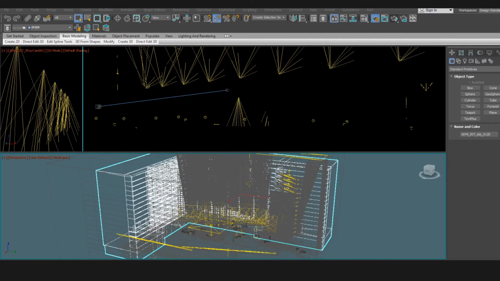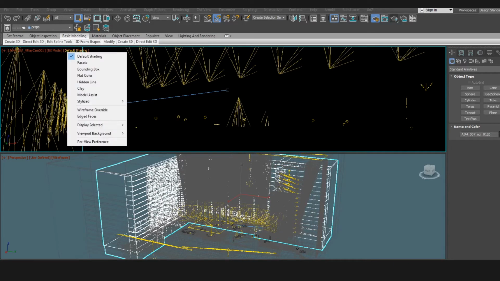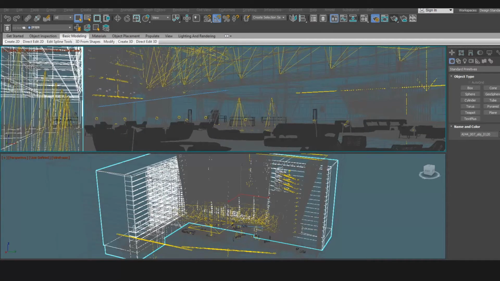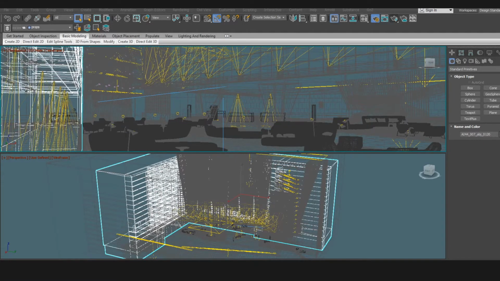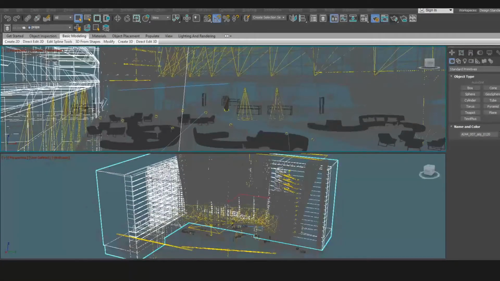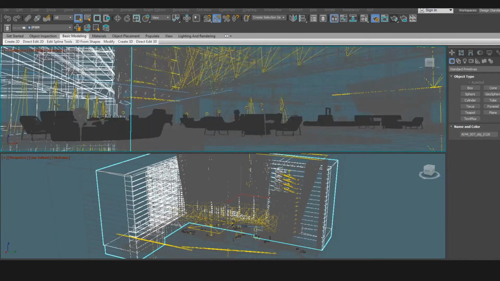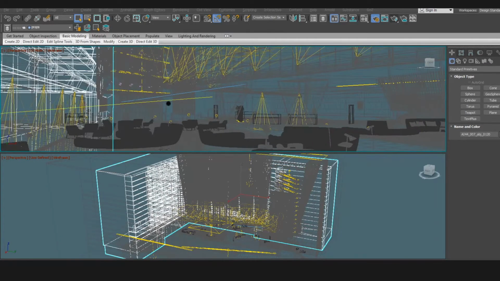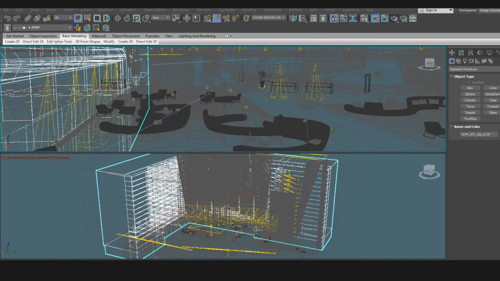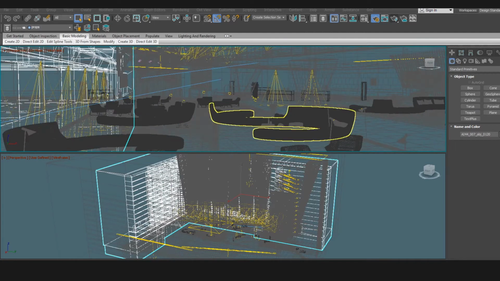DXF mode, wireframe override. Okay. P, shortcut P for perspective for your viewport. Okay, so this is an internal scene for a cinema fit out. You've got some furniture here, you've got the structured curtain walls, and here you've got all the VRAY lighting. So this model came across from Revit